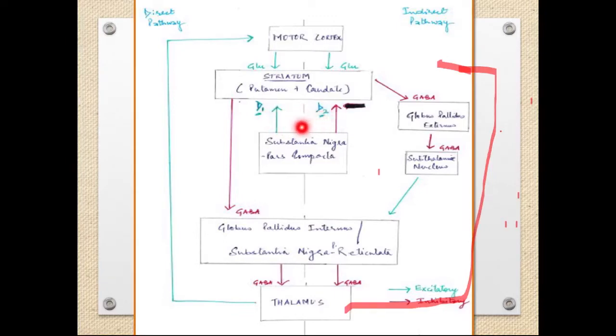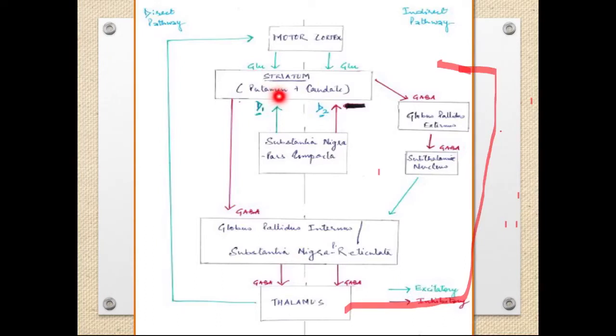So for now, just remember, if it acts on the D1 receptor, it will stimulate the output from the striatum, and if it is acting via the D2 receptor, it will inhibit the output from the striatum. So if this dopamine released from the substantia nigra pars compacta neurons is acting on the dopamine D1 receptor in the striatum,